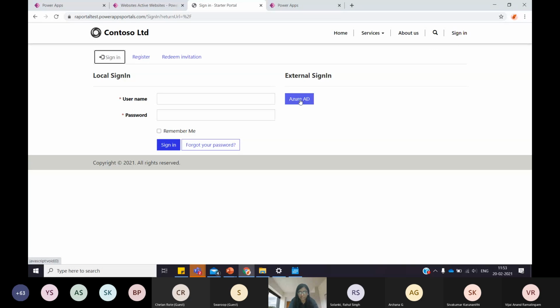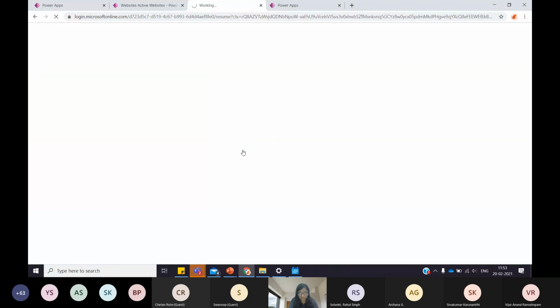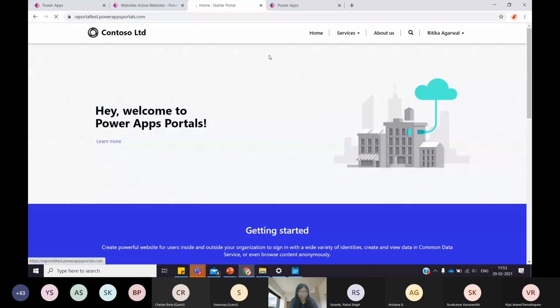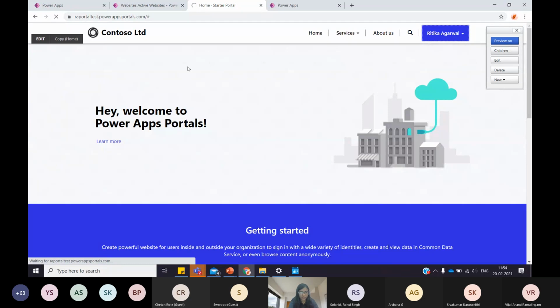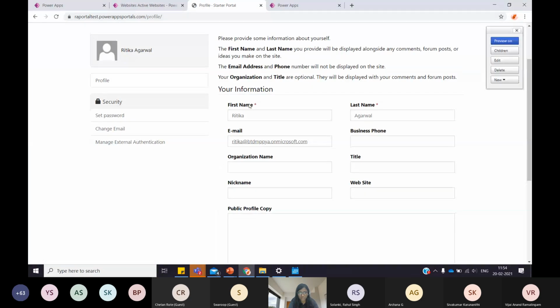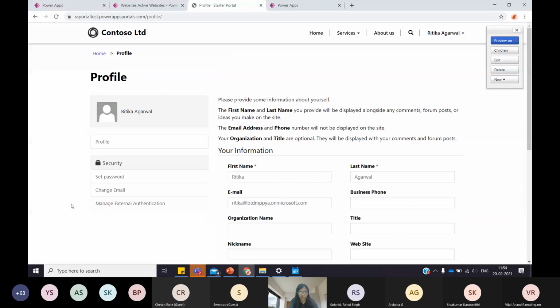And you'll be asked again. So there is a profile page. Let me log in from here. So right now, because I have clicked that Azure AD button, it is recognizing my Azure AD account and it has logged me in. So here is a profile page that I can view and drill into. It usually asks for first name, last name, email, and you are good to go from here. Once your account is set up, no need to register or anything again. You'll be able to log in.